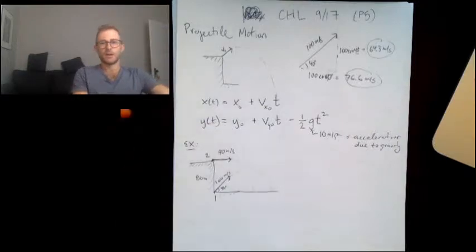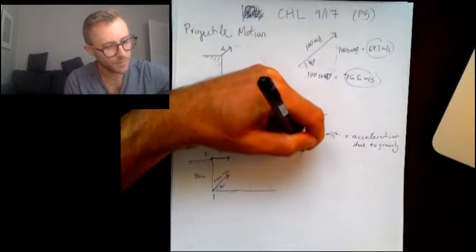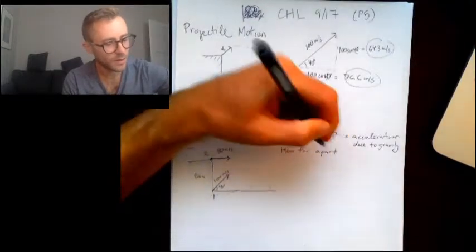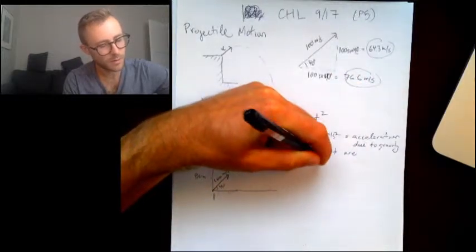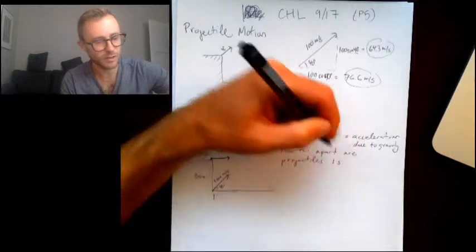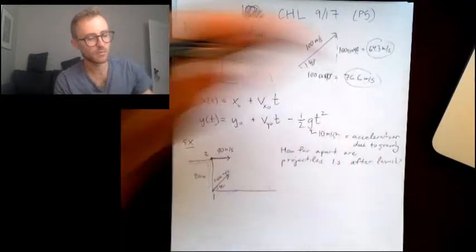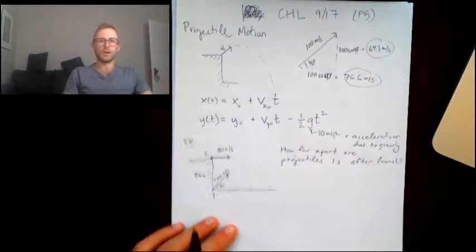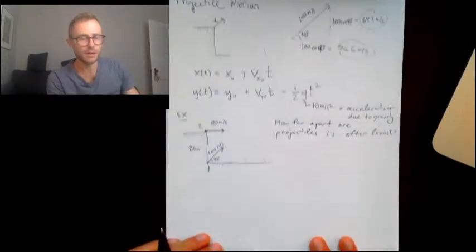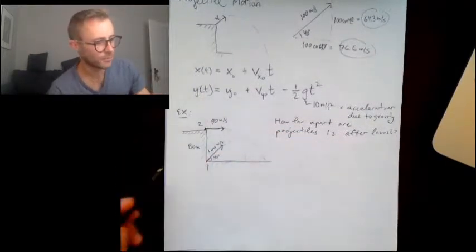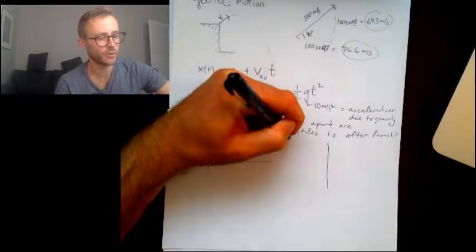All right? And so my question is, how far apart are the projectiles one second after launch? Okay? So to do this problem, what we have to do is we have to figure out what is the x of t and the y of t for both the first projectile and for